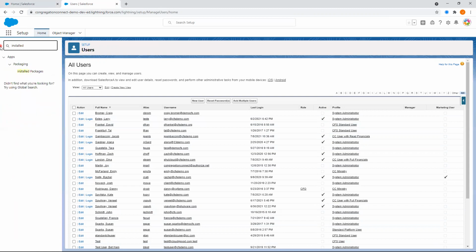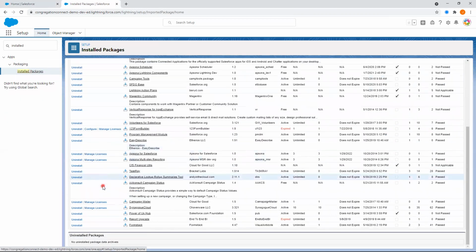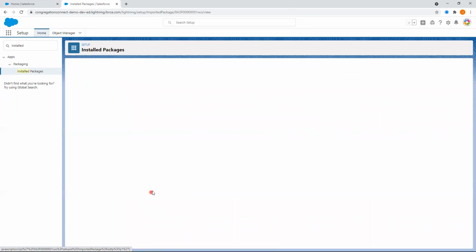To see the permissions, etc., or the access for Congregation Connect, you're going to want to look at installed packages on our setup menu here. So I'm clicking on installed packages, and Congregation Connect is listed here as Synagogue Cloud. So that's referring to Congregation Connect. If I click on that,